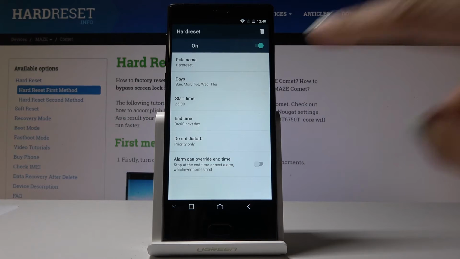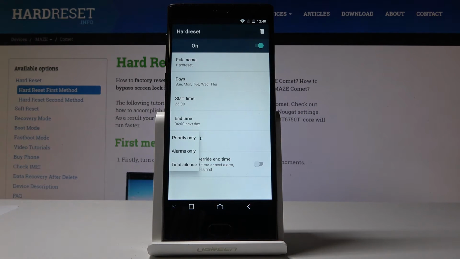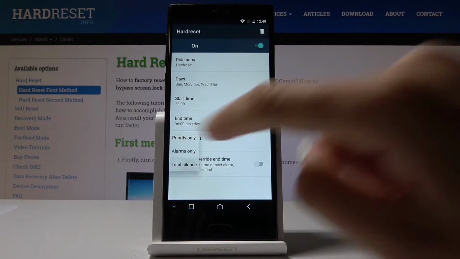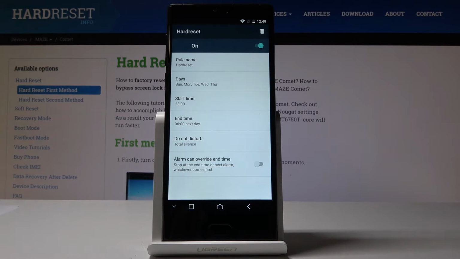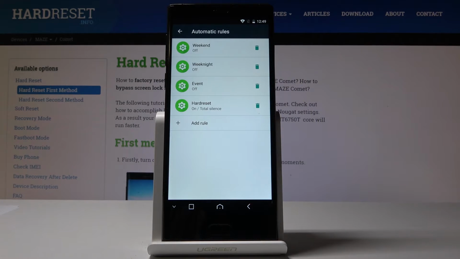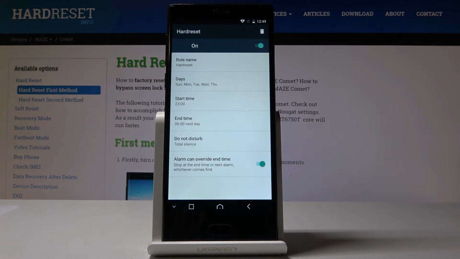next day. And then select the option for this rule, so shall it be priority only, alarms only, or total silence. So let me pick total silence and decide if alarm can override the time. I definitely will mark it, and let's go back. So from now on every Sunday, Monday, Tuesday, Wednesday, and Thursday between 11 and 6 next day, total silent mode